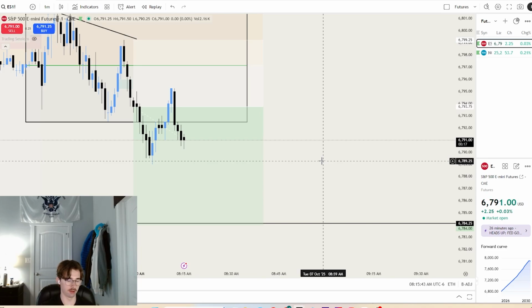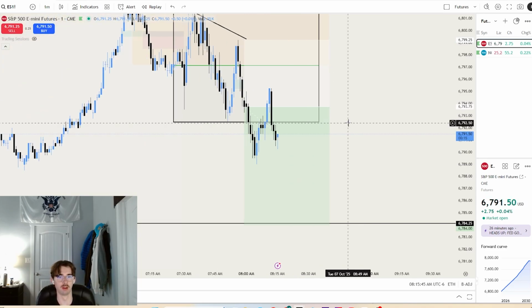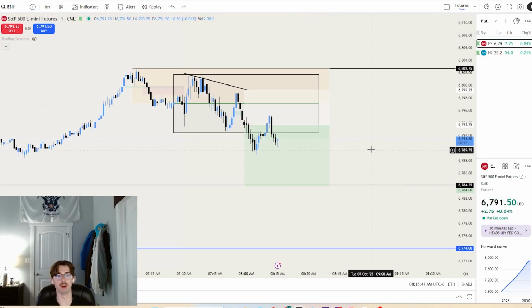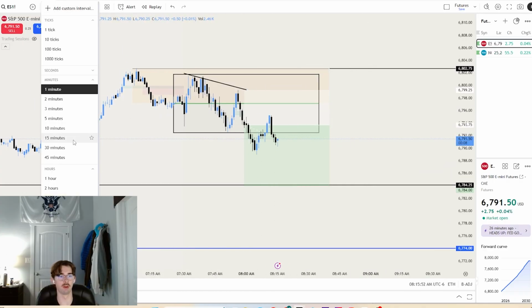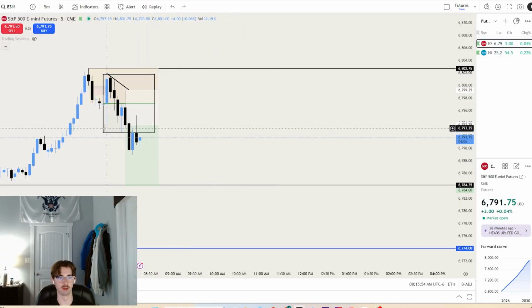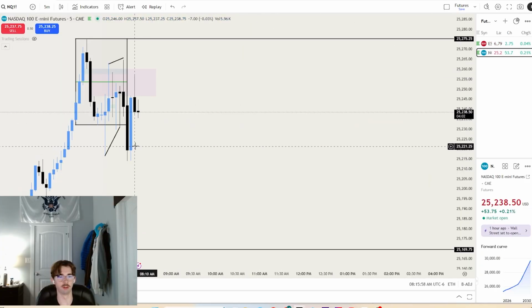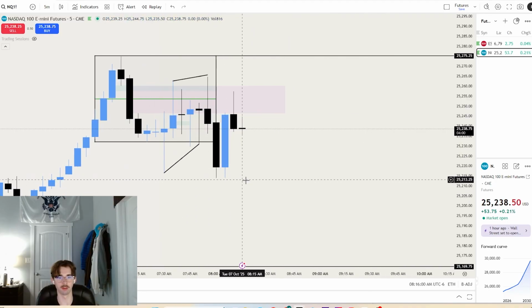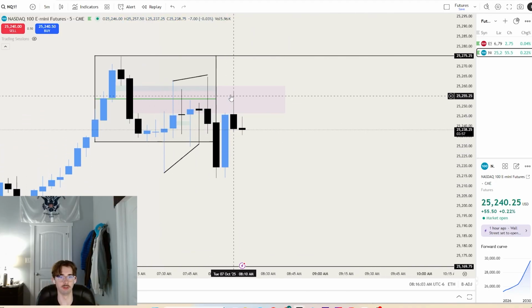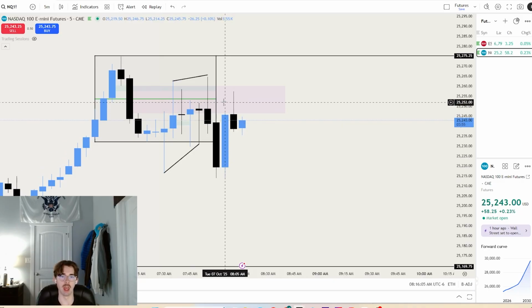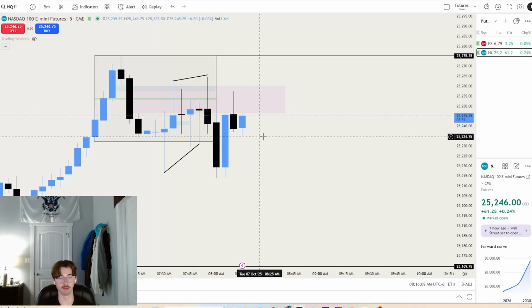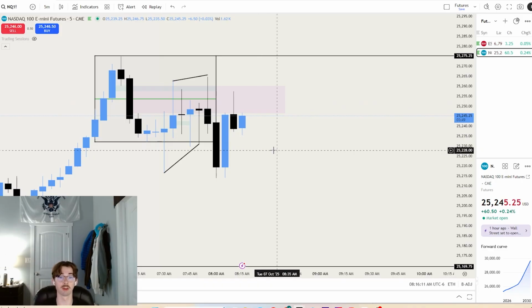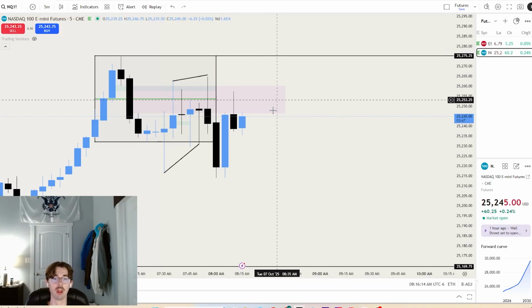So we had 5 minute liquidity get taken out, right? We had a 5 minute low get swept right here, and NQ just started, with this candle right here, took out the same low and started printing super bullish. Once this next candle started printing, it looked like we were gonna fib, which we didn't. We always wait for the candle to close. That's why we wait for the candle to close. But